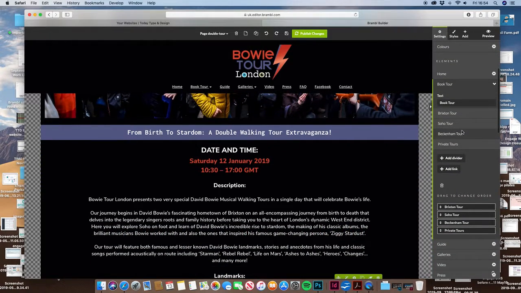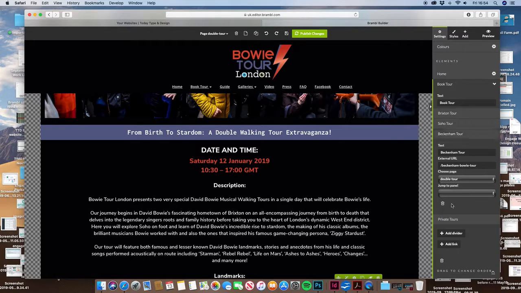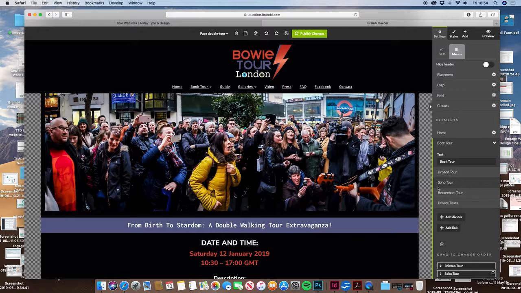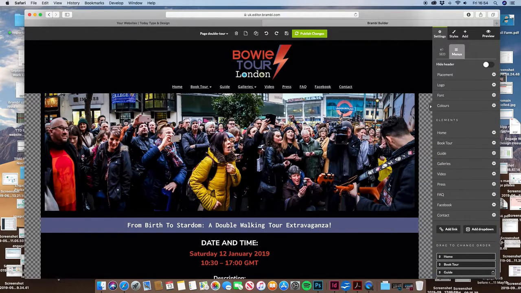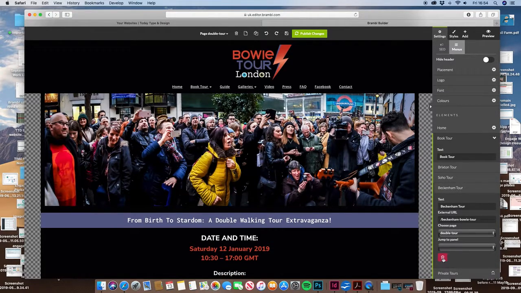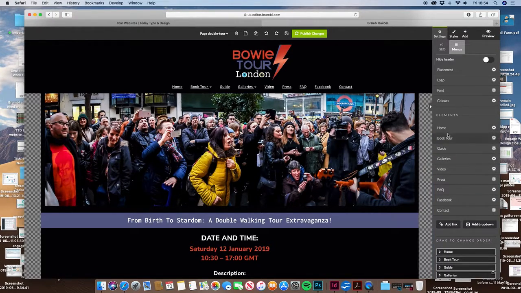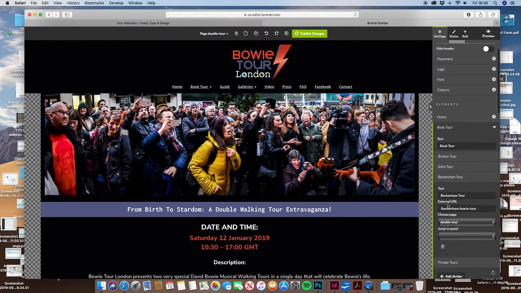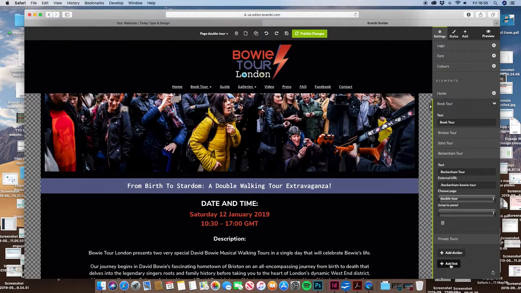Any that you want to remove in the sub menu, you just highlight over and click the little dustbin, and that will take that out of your menu. So if you wanted to remove the Beckenham tour, just to recap, you go into settings, go into menus, go into whatever sub menu it was, so the book tour sub menu. You would hit the trash button, and that would then come out of your menu. And if you want to add one in, it's a similar process: go into the book tour sub menu where you can see those sub menus, and basically add a link,